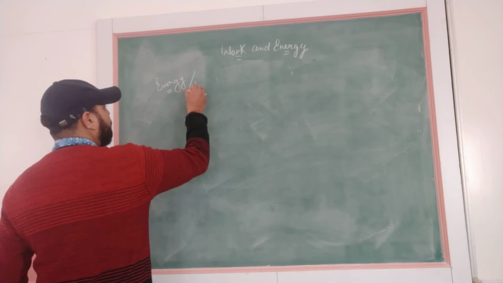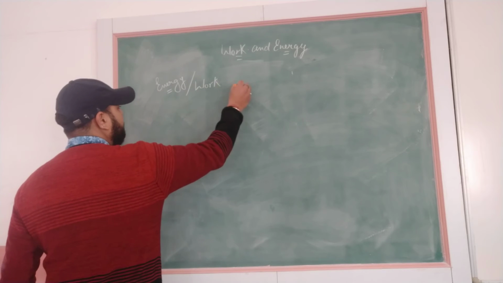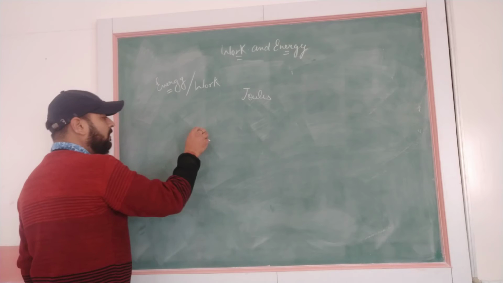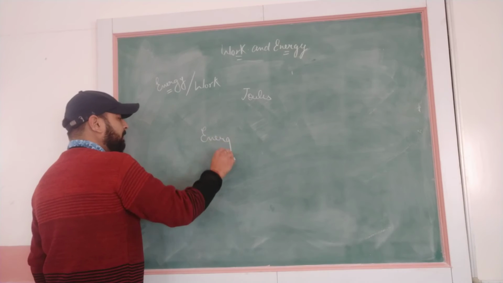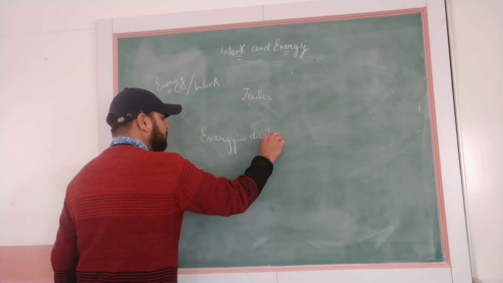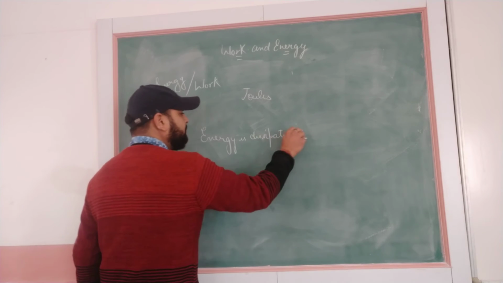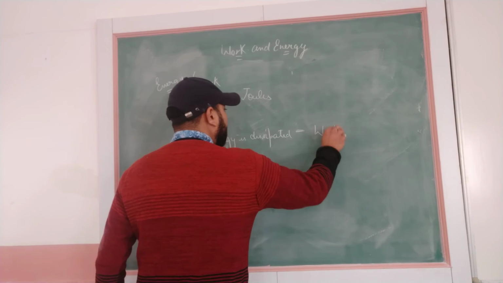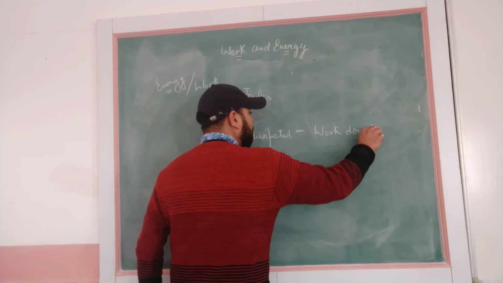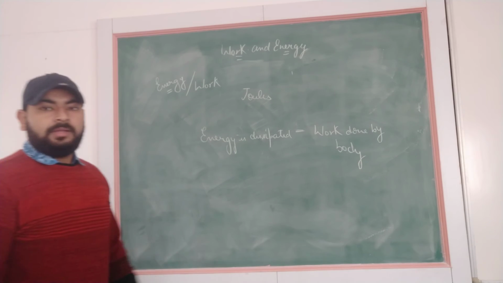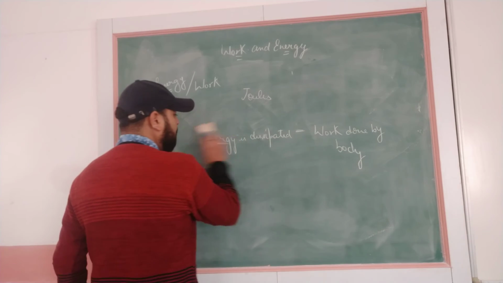The SI unit of both work and energy is joules. That means whatever amount of energy is dissipated or utilized by a machinery or by a body is equal to the work done by it. Right? Now,